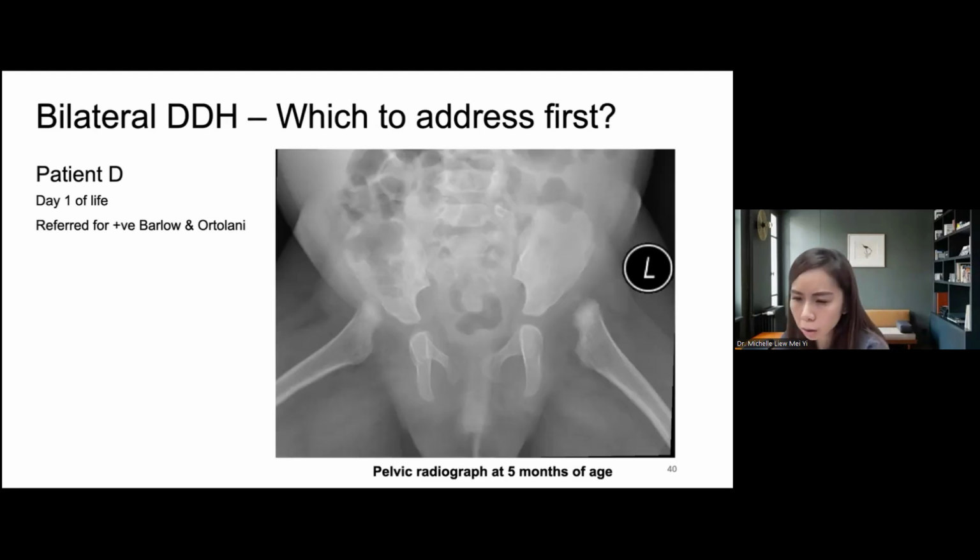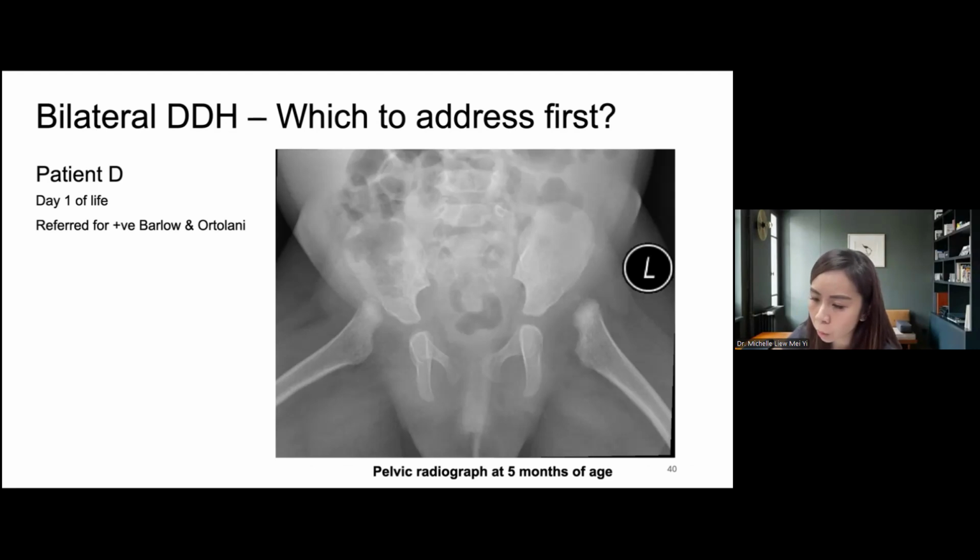So what about in cases of bilateral DDH? Which one do we address first? Do you address both or one side first followed by the other? It certainly makes sense to treat both at the same time so that when the patient starts to walk, she can do so efficiently and to reduce the total number of days she misses out in school due to recovery and the rehab. So this is one of our patients who was referred to us at day 1 of life